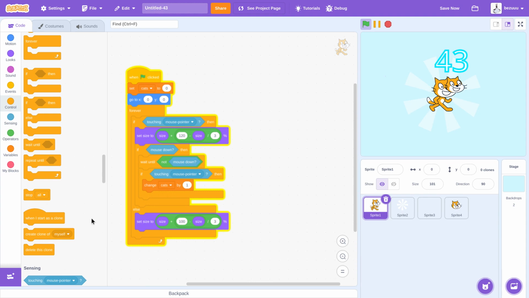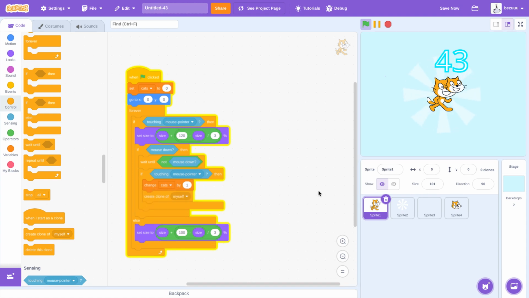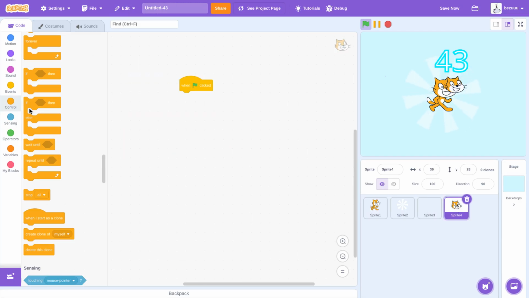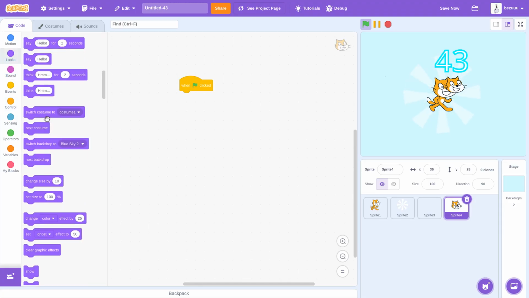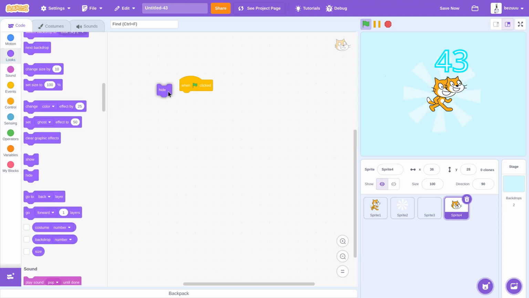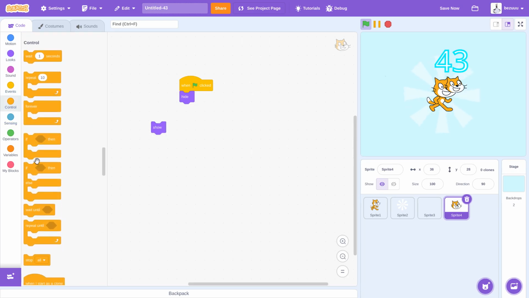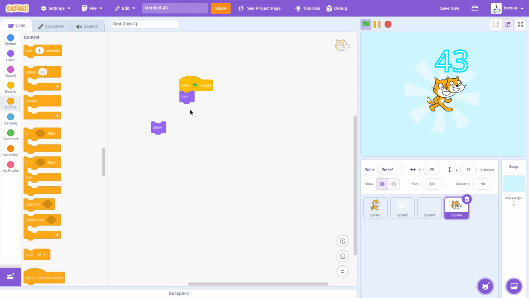So, okay, clone myself, and then, actually not myself, okay, clone Spike 4, or whatever you name it, and then, when green flag clicked, hide, and then put a show block right here, and then go to when I start as clone show,